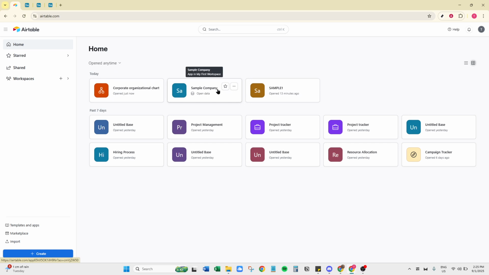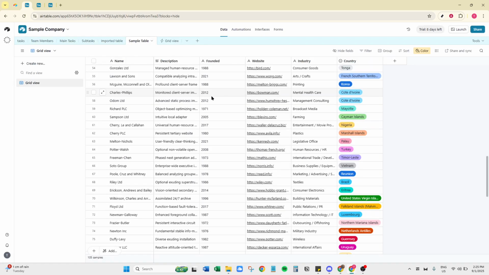Next, locate and open the base you want to sync to. This is crucial because the base you choose here will be the one that receives the synced data. Take a moment to make sure you've selected the right base, especially if you juggle multiple projects or teams within your Airtable account. Navigating through the various bases might be a bit daunting, so be sure to double-check that the